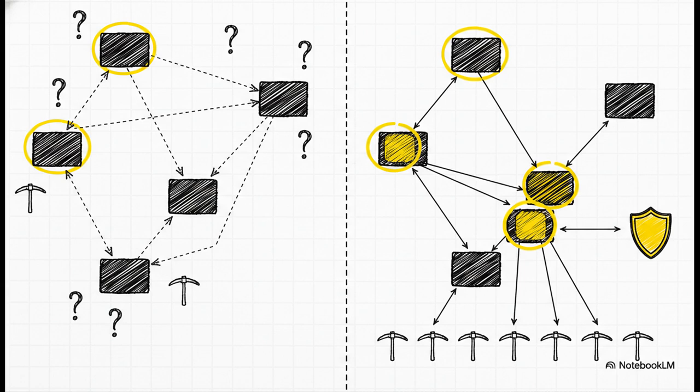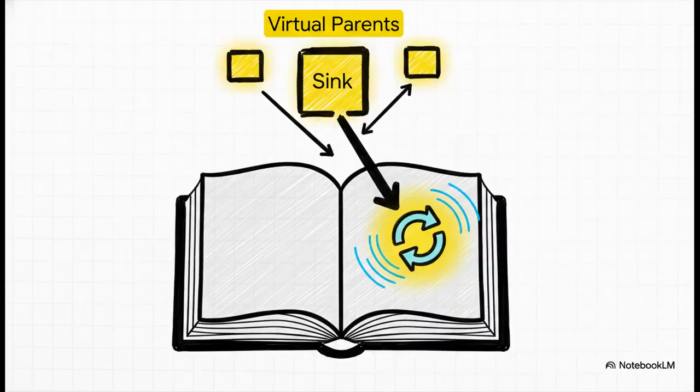This focuses the entire network security, all that hash power, onto a single point, even while new blocks are being created in parallel all over the place. Second, it's a huge deal for the network's ledger. The official record of who owns what, the UTXO set. Well, that's calculated based on these virtual parents. The network takes the state of that main sync block and then just quickly adds in the transactions from the other parents. This means the ledger can be updated unbelievably fast.